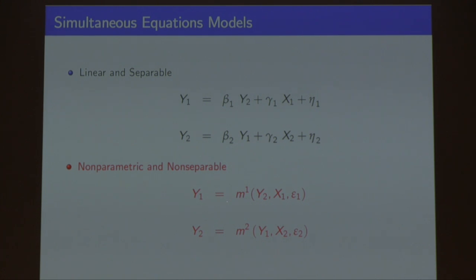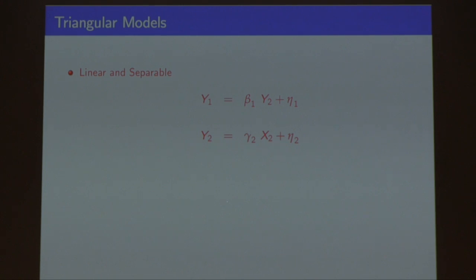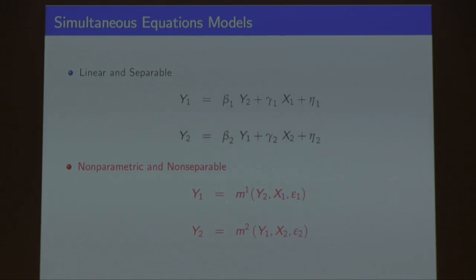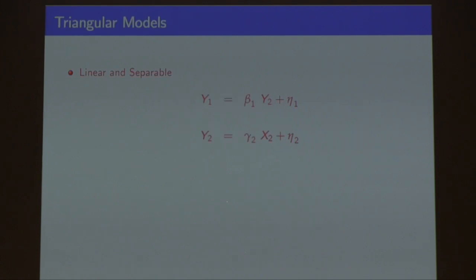But this is the model we would like to know, and then we want to know, for example, what happens if we can identify this, or at least the derivative of M1 with respect to Y2. If this is quantity and this is price, then that will tell you the infinitesimal change in quantity demanded for a change in price, that's the partial derivative, when X1 and epsilon 1 stay fixed. It's possible to identify this under certain restrictions I'm going to talk about.